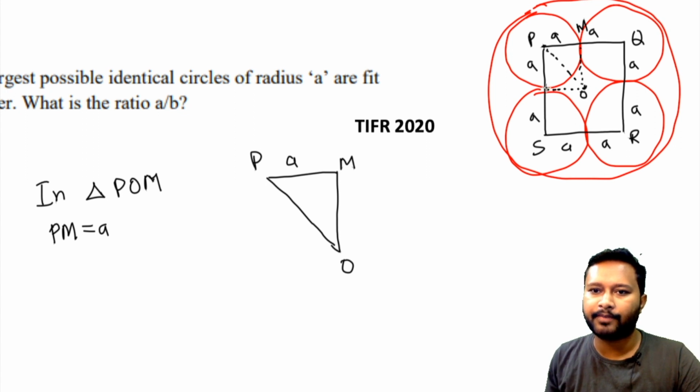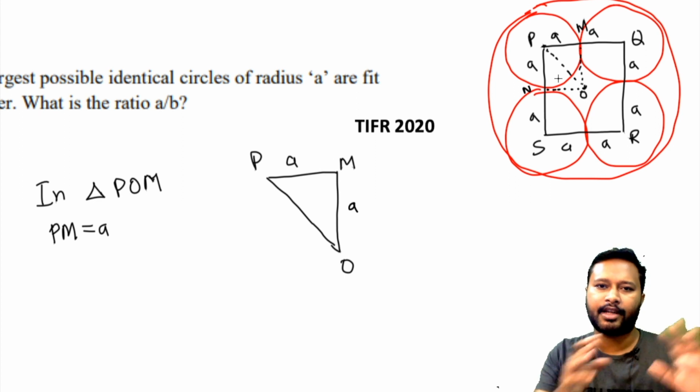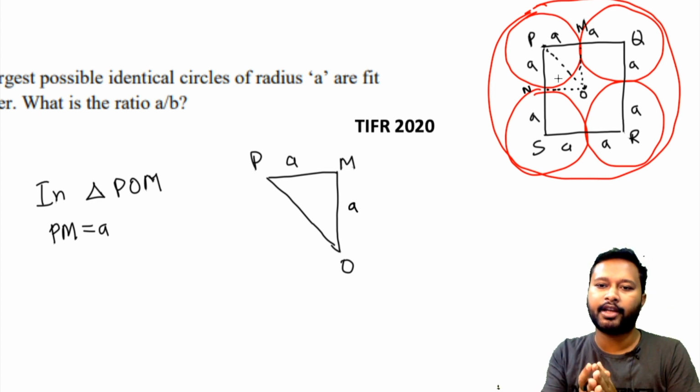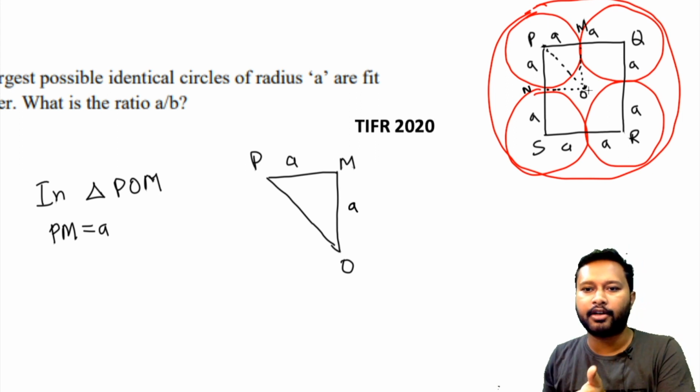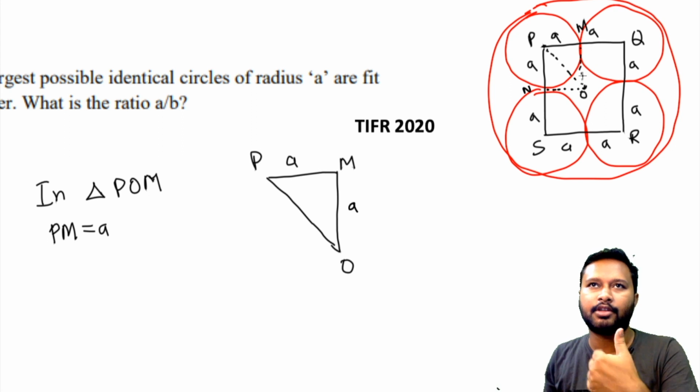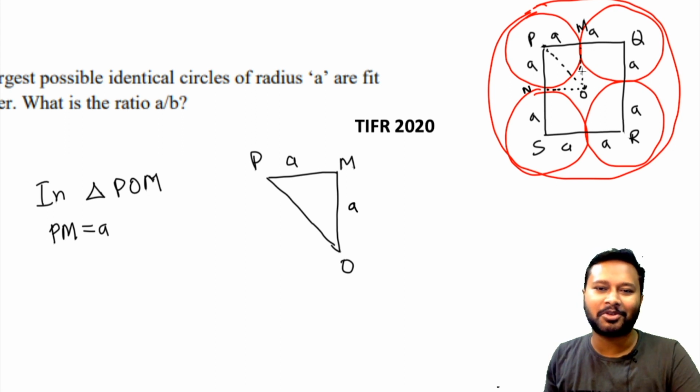Let's call it N. So PN and OM are going to be of the same unit. If this is A units, your OM is also going to be A units. Understood? Because a new square is formed, just like we did in the previous question. This is quite similar. There we were drawing the square outside; here the square is inside. But the concept is the same. If this is A units, the side just opposite to it is also going to be the same.